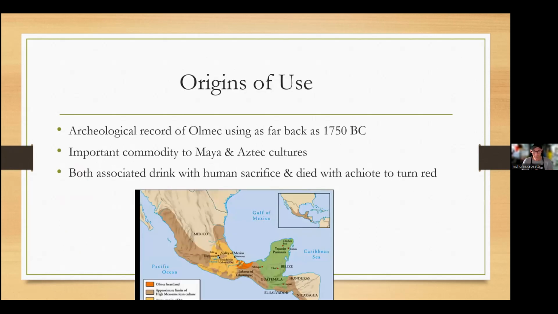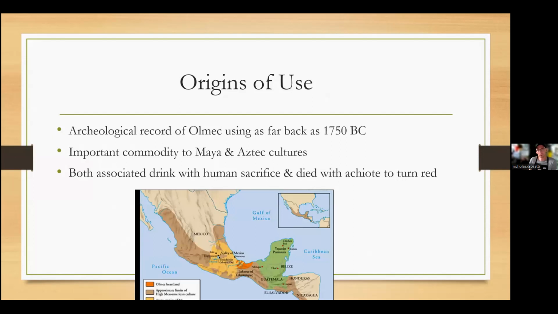So hugely volatile, interconnected global market that is cacao and chocolate production, I find very interesting at this point in human history. But going back in time to the origins of human interactions with cacao, the archaeological record in Mesoamerica has the Olmec people using cacao regularly as far back as 1750 BC. So Mesoamerica being this Central American region of southern Mexico and Guatemala, Honduras. The Olmec were situated right in the center of it, and gave way to the Maya and the Aztec cultures,